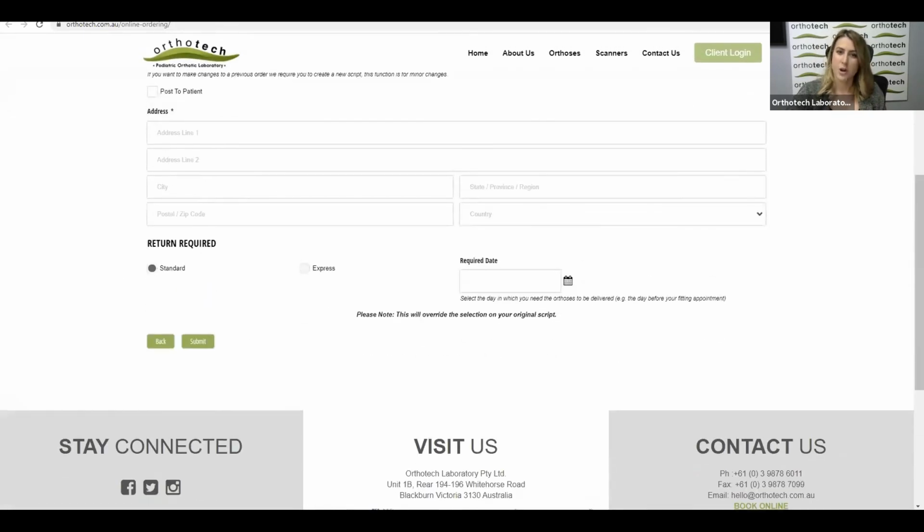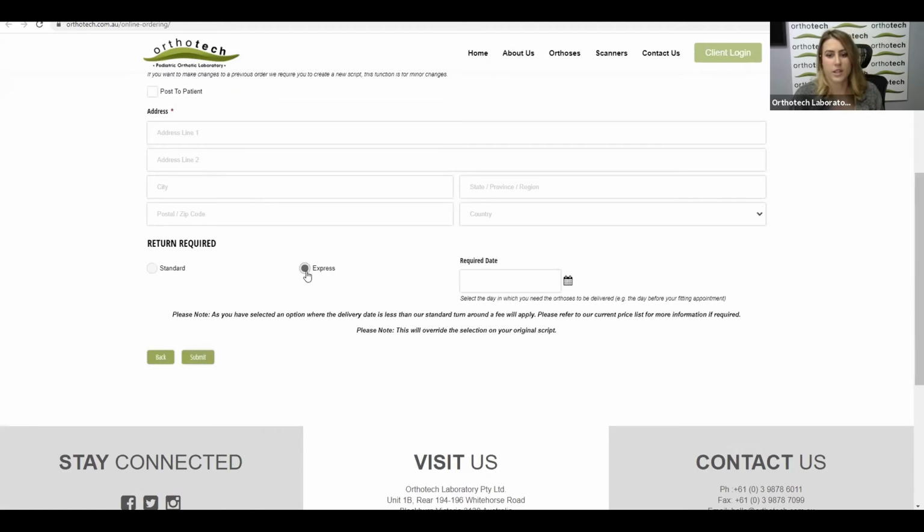And then we've got down here the return required as well as standard, which is the 7 working day turnover, express, which is that 3 working day turnover. With the 3-day working turnover, with 3D print, we stick at a 5 working day turnover because of how it is processed through the machines, and we don't want to ruin the integrity of the orthotic by pulling them out too soon. If you want a little bit more information on that 3D print side, we can definitely send you